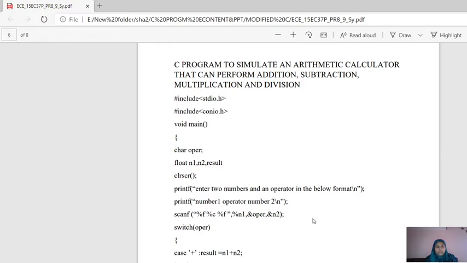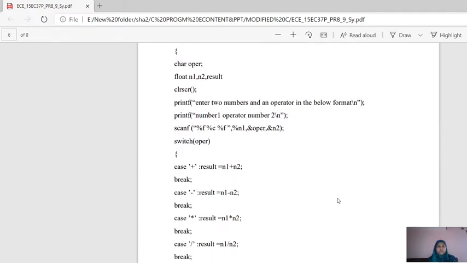To begin with the program, as usual, it starts with #include stdio.h and conio.h as header files. Since we are going to check the four arithmetic operations, we are making use of a switch statement. You already know about switch statements, which were discussed in previous videos.